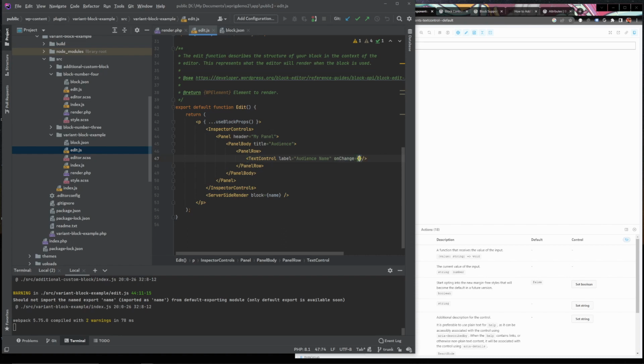So let's go ahead and add this attribute in here, onChange, and then we're going to essentially call a function here. So what is our function? We can call it whatever we want. We haven't really defined it yet. In this case, I'm going to call it change audience name. And so as you can see, it's got little squigglies under it because it doesn't know what that is,